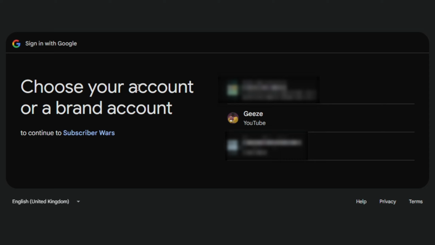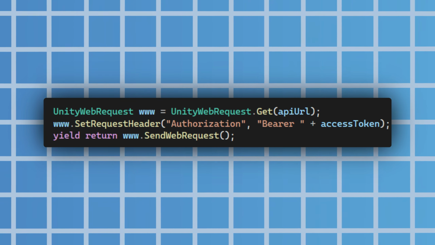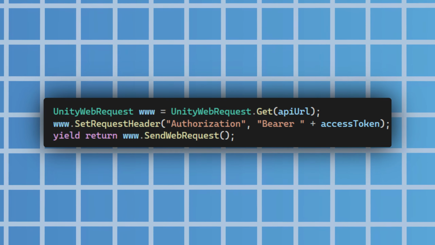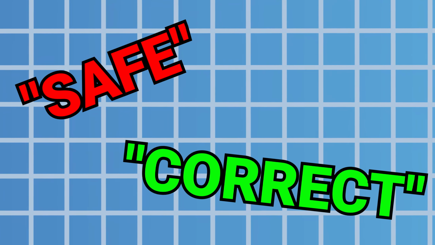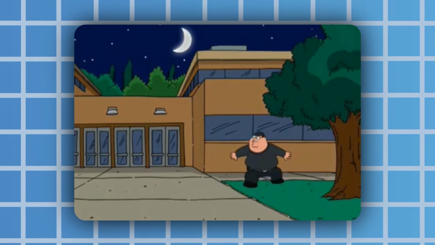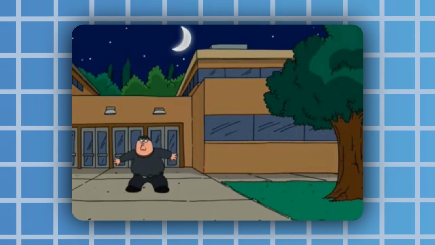Using Unity web requests, I can send a ping with all of the information I copied from people smarter than me, and that returns a token. I can then send a normal request to the YouTube Data API alongside this token to get what I want. Now, I have absolutely no idea about the safe or correct way to do this, so there's probably enough information in this code that someone could use to yoink my account, so I'm not showing all of it, but here's